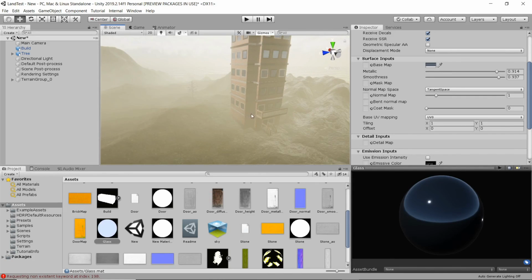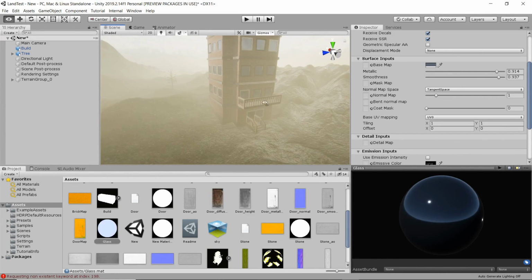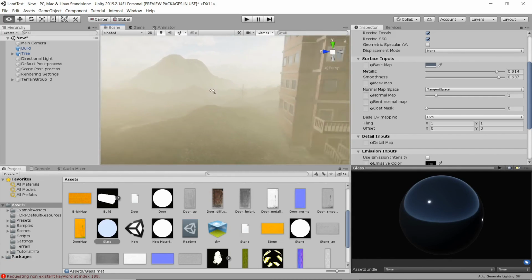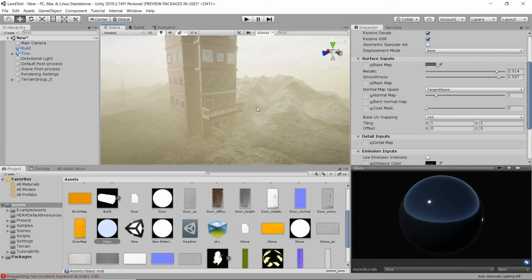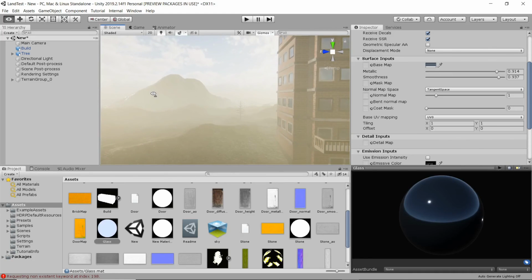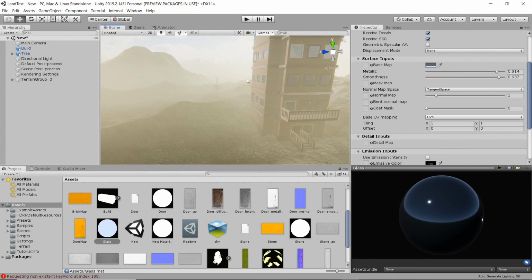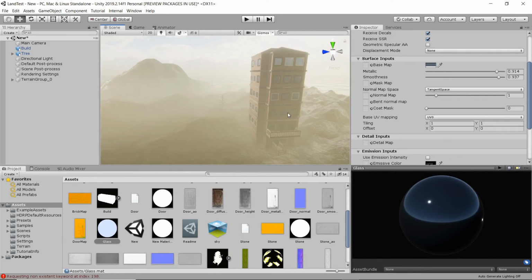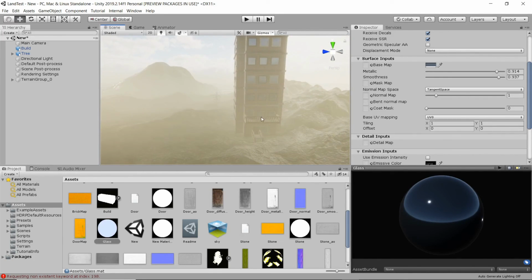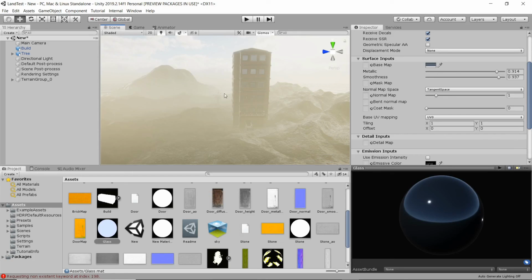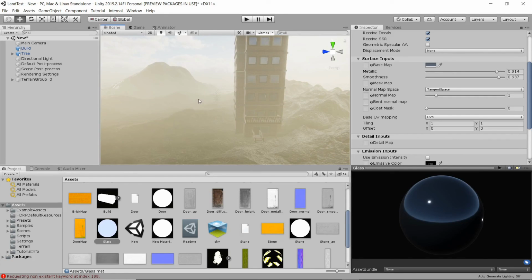In the next video, which is hopefully going to be a much quicker one, I'm just going to go over a couple tips and tricks to refine this, expand out the terrain a little bit, maybe do some light atmospheric stuff, and just place these things around a little bit to get a pretty scene. Also might go over some basic cinematic camera movement stuff for people that just really aren't familiar with the